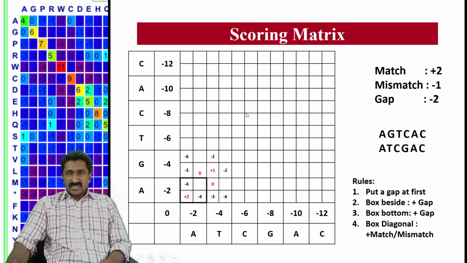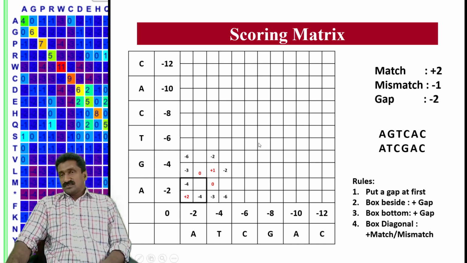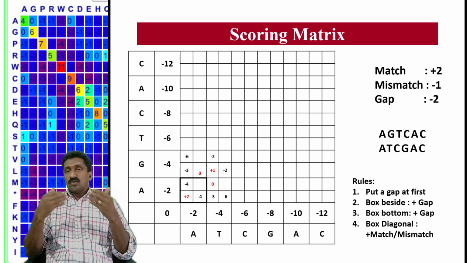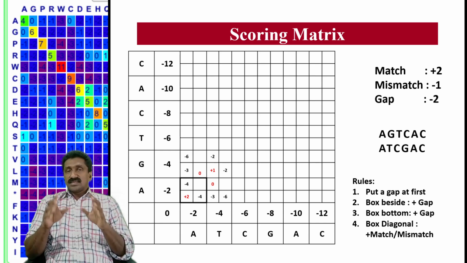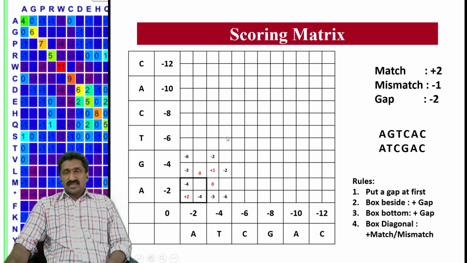For example, C and C will be matching at this point. Okay, this cell is a C and C. So to assign the value for C and C, you have to add the score value, concerned match or mismatch values, to the previous cells, that is the diagonal box, left side box, and bottom box. To the left side and bottom box, you will add the gap, because it is a horizontal or vertical movement. And in that case, the only possibility is that you have to add the gap value of -2. So that will be done.